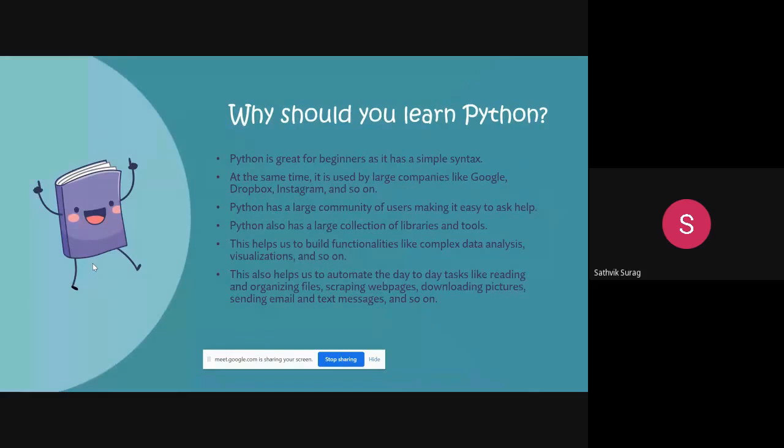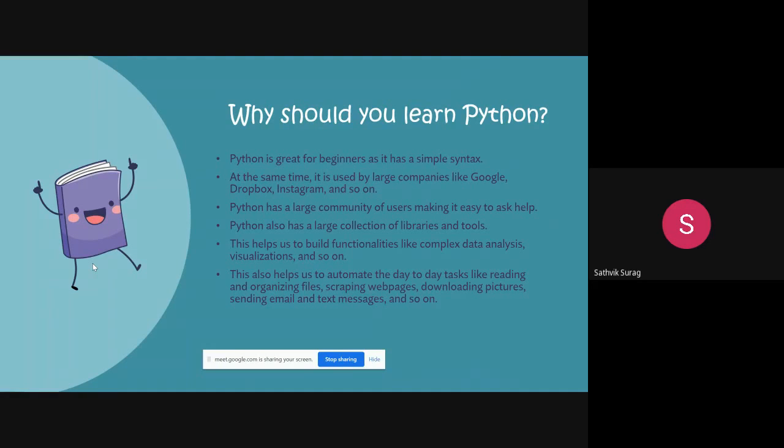So why should you learn Python? Python is great for beginners as it has a simple syntax. At the same time, it is used by large companies like Google, Dropbox, Instagram, and so on. So Dropbox is basically a software program like Google Drive. Python has a large community of users, making it easy to ask for help.